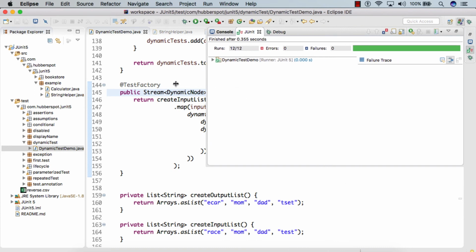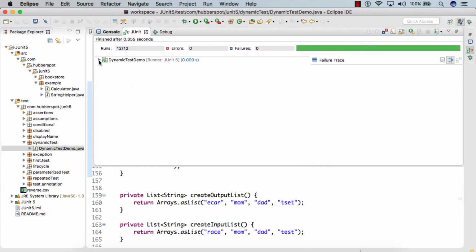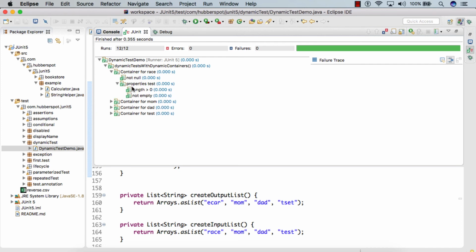here if you see that this is our test. So first, as the input list contained 4 strings, 4 containers were created. And for each string, first it was checked whether it's null or not. And then yet another container was spawned to check the length should be greater than 0 and it should not be empty.